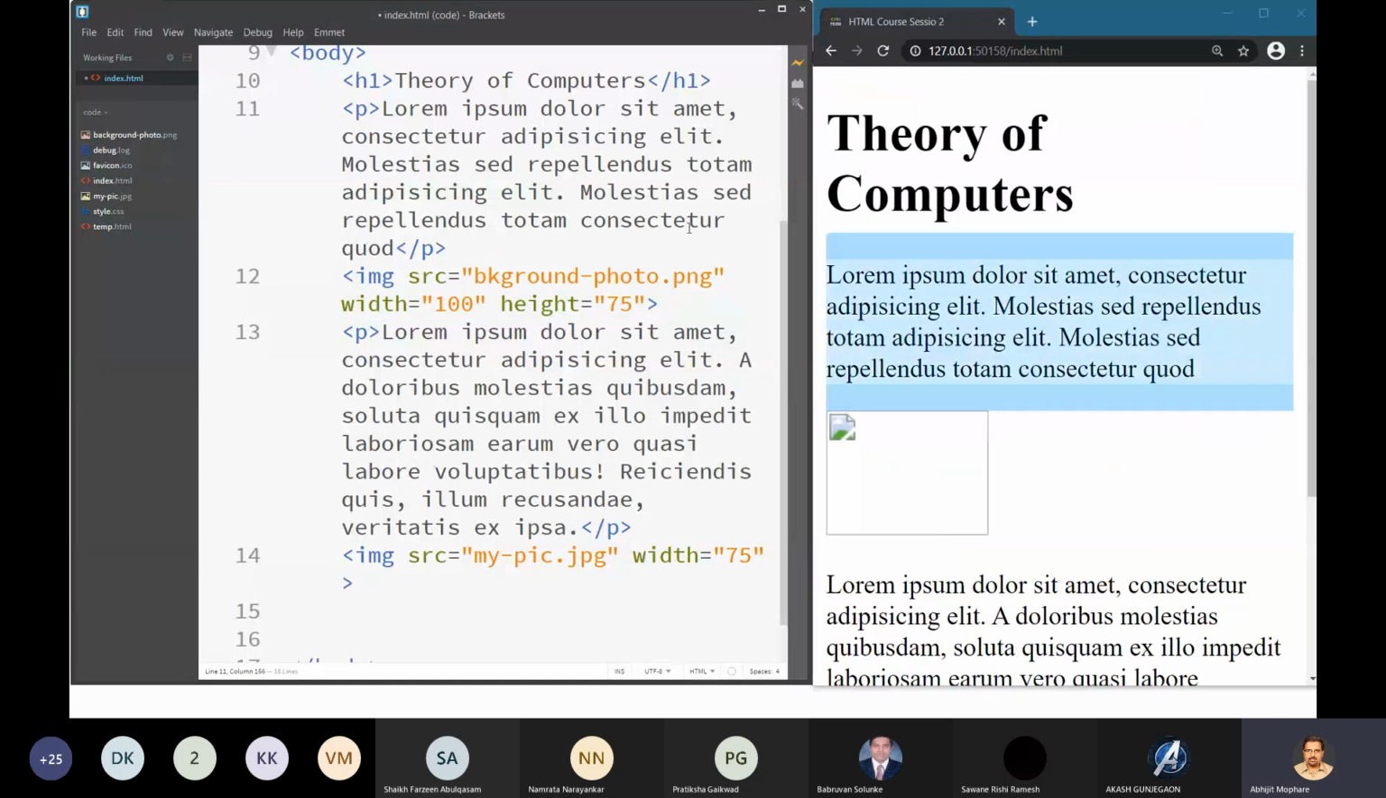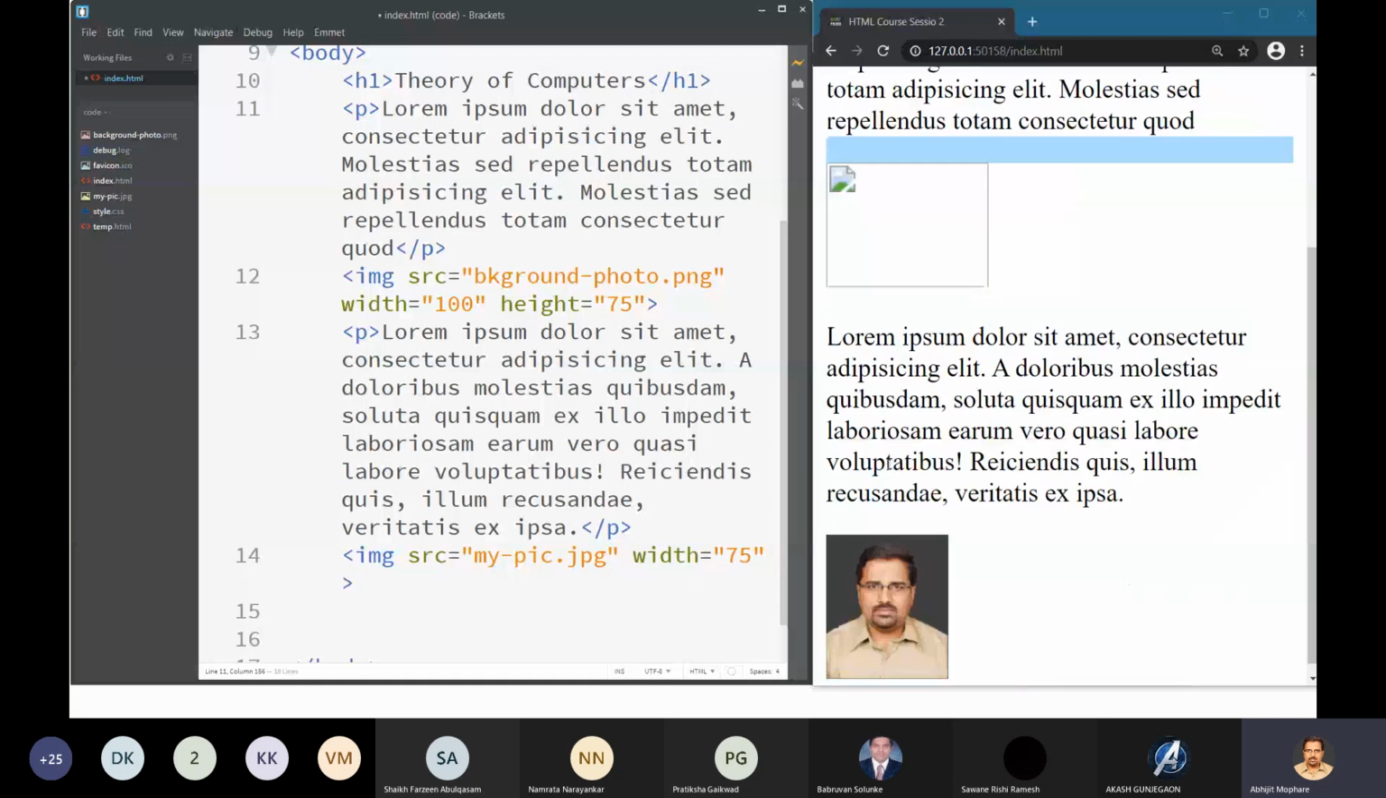See, now you can see what has happened. The moment I created some spelling mistake, that particular source is now not working for the browser. Browser cannot find this bk ground, whatever the image name we have provided, the png file we have provided. So what has happened? It has displayed the placeholder, but normally it is a good practice that you display